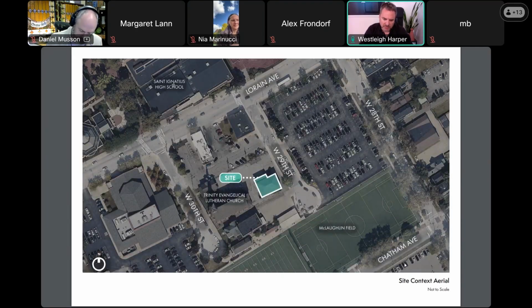Zoomed in a little bit more, you can see the footprint of the structure we're going to be discussing today. You can also see the adjacency to the Trinity Evangelical Lutheran Church, of which this school was a part until recently. This building has been split off from the church and is its own entity now. Next.